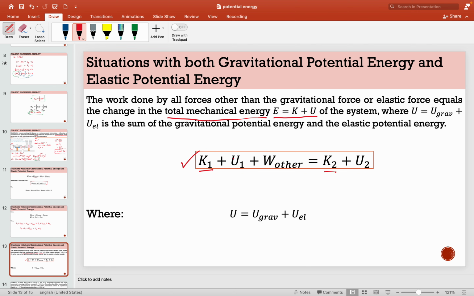We also have the initial and final potential energy, which is equal to the sum of the gravitational potential energy and elastic potential energy, and also the work done by the other forces. Okay, so here we have an example related to the combination of both gravitational potential energy and elastic potential